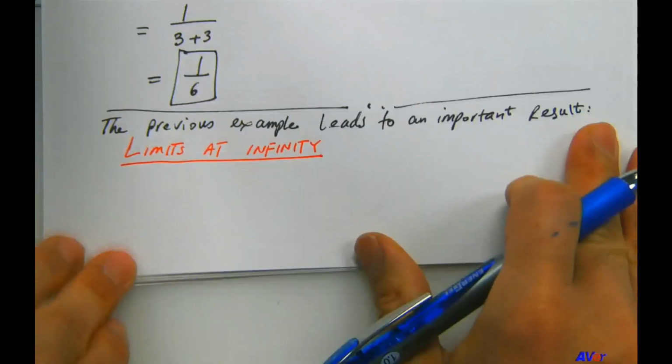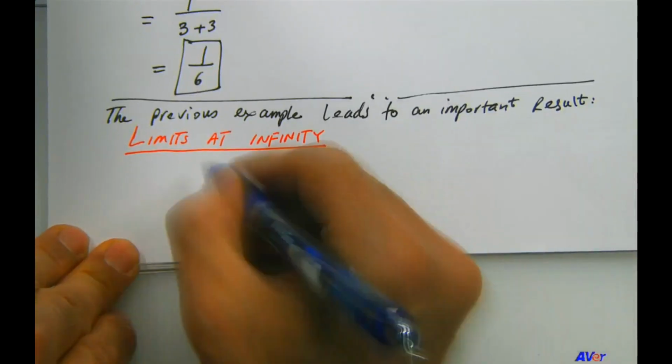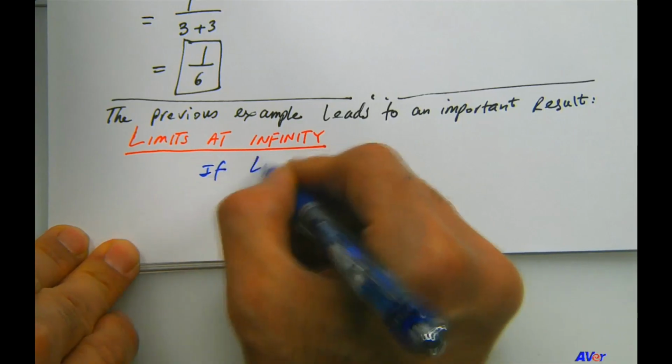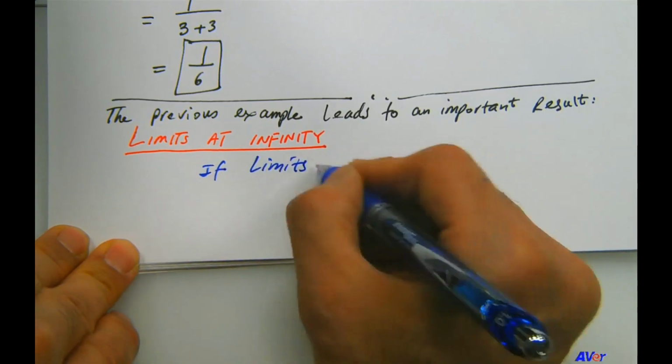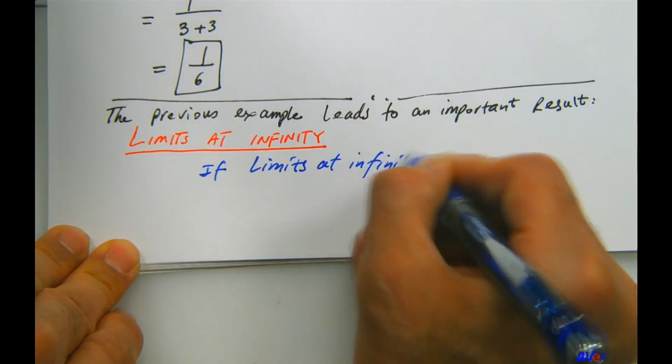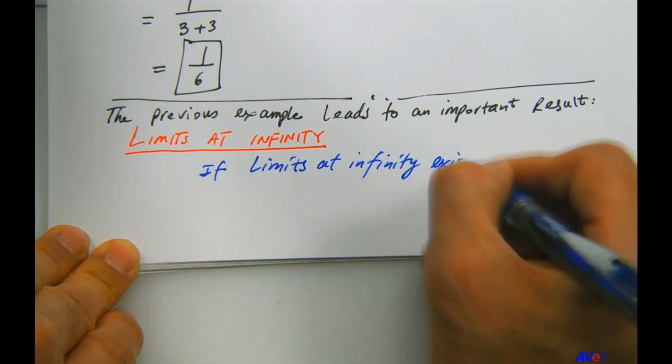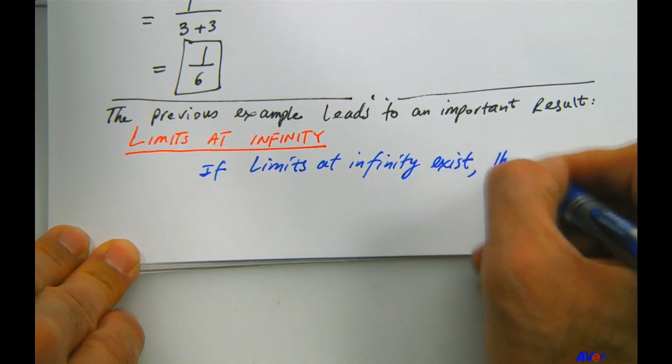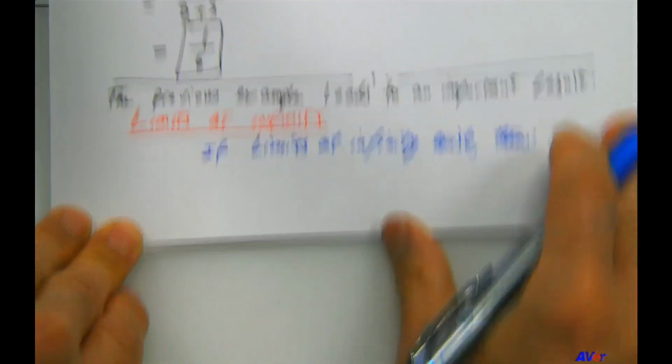And it says that if limits at infinity exist, then